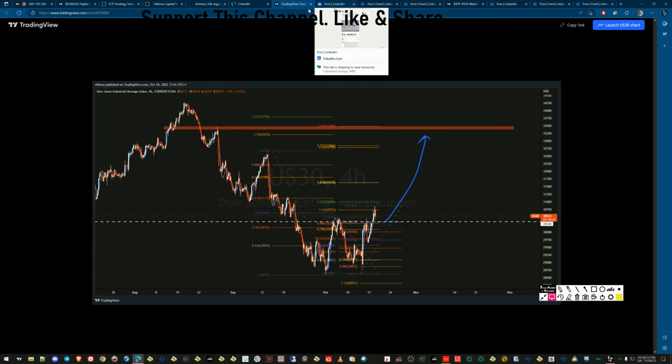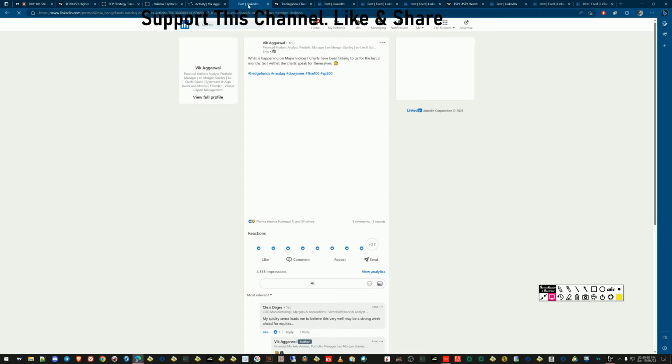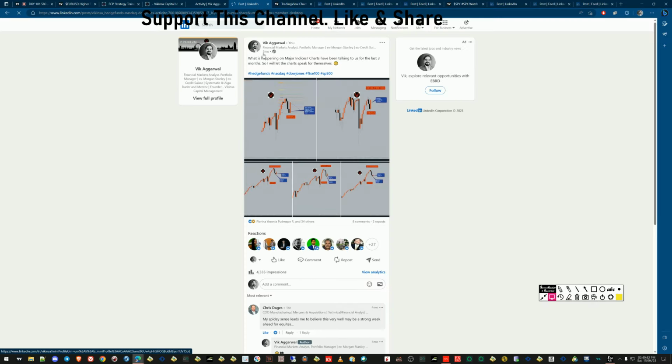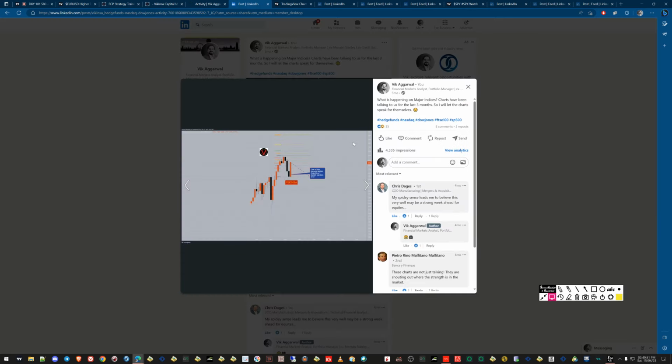DXY. Let's look at some of the other things that I've been posting. Let's start with the Dow Jones, right? So let me go to this post first, and then I will show you. I posted this approximately 5 months ago, and these are the major indices, like what I was talking about. See, the thing is, most of the analysts become so involved in looking at individual candles and smaller time frames and data and this and that. They forget there is a very simple way of looking at the chart as well, right?